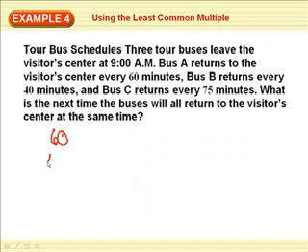Bus B returns every 40 minutes. Bus C returns every 75 minutes. What is the next time the buses will return to the visitor center at the same time? So now this one right here, again, the numbers can get kind of big, so let's practice this with the